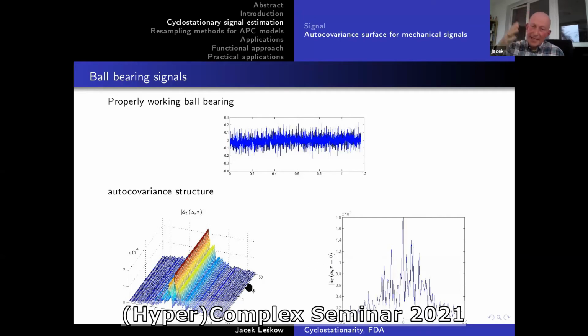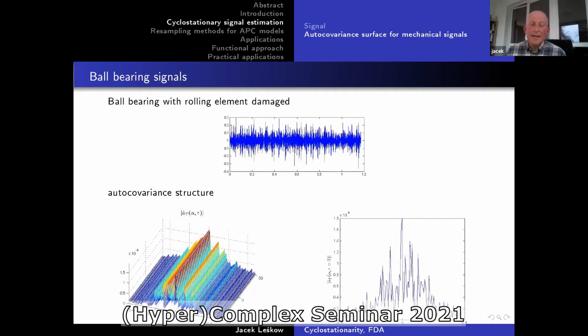From such plots, you can try to identify the lambdas that give rise to significant values of your coefficient. Now, when we move to the bearing with a damaged rolling element, this picture looks significantly different,